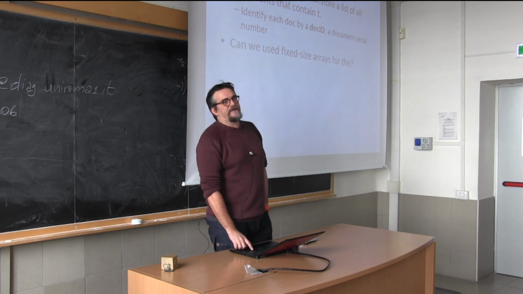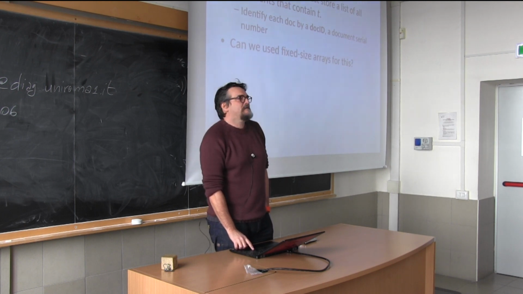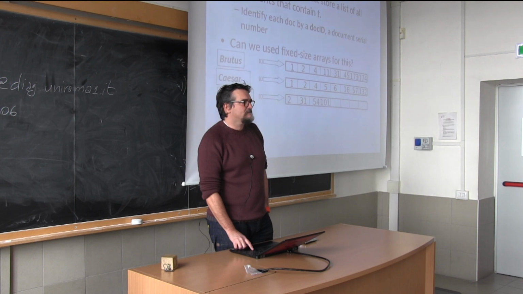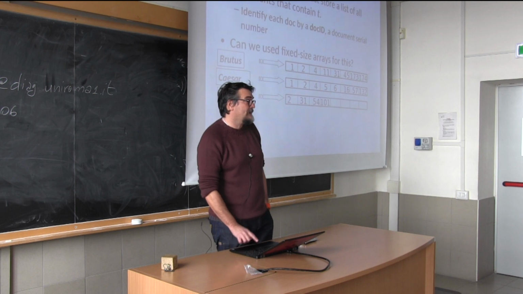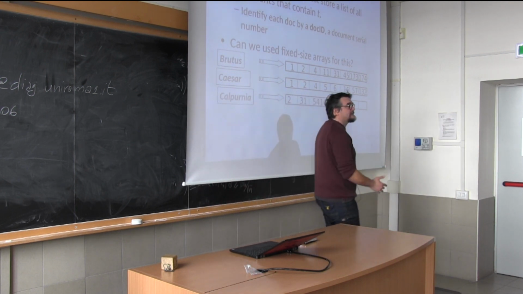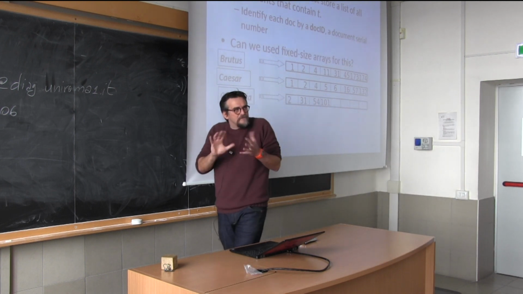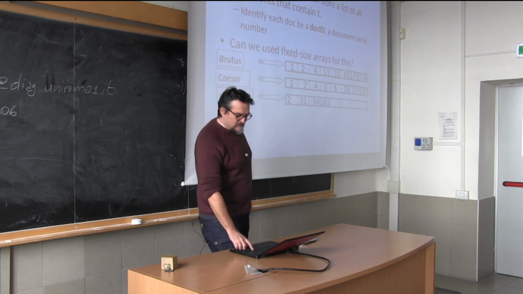Okay, can we use a fixed array for this? In principle we could, but what happens when a new document appears that contains a term, and possibly you have all the array already occupied? That's an issue. And furthermore, if you use an array, most likely you are wasting some memory, right? Because you don't know in advance the size. I mean, you can estimate the size clearly, but you don't know it in advance. While I remind you that we started with the consideration that the matrix works pretty well, but it's huge, so we need to reduce the size. So that's why